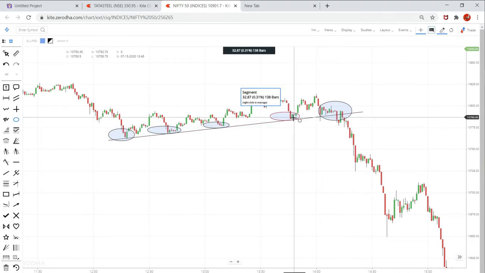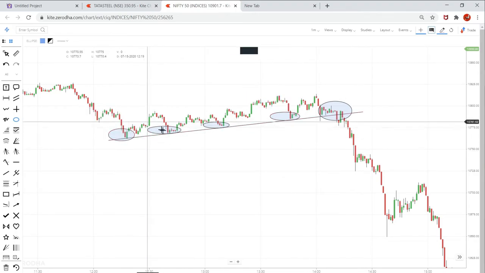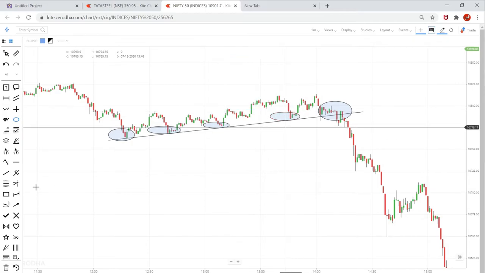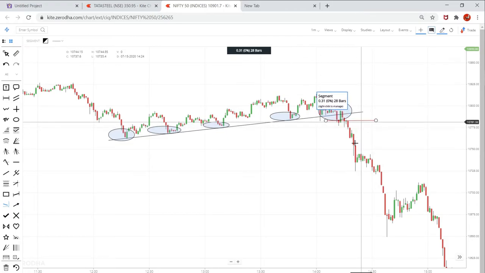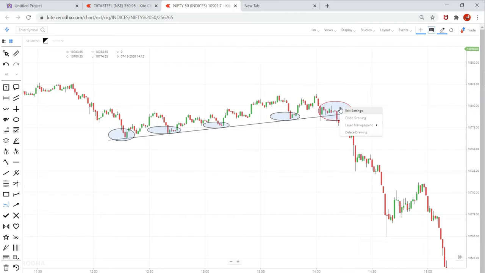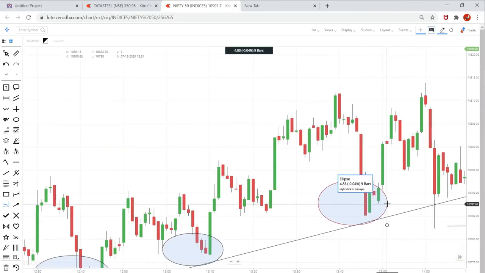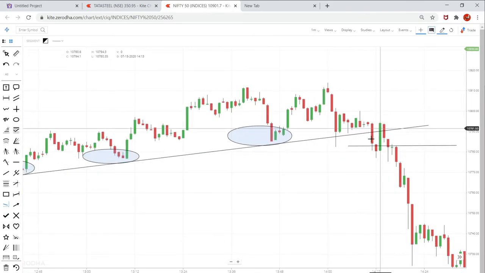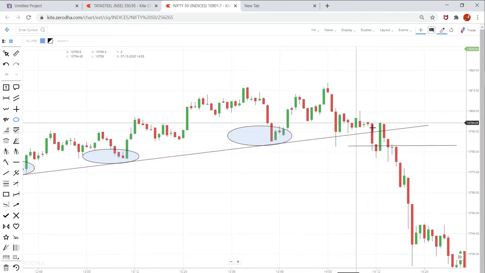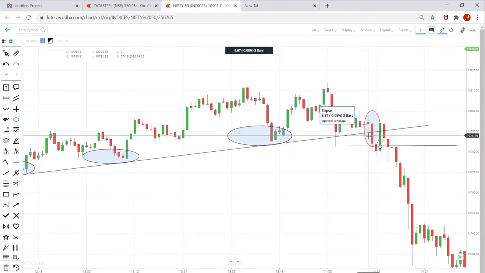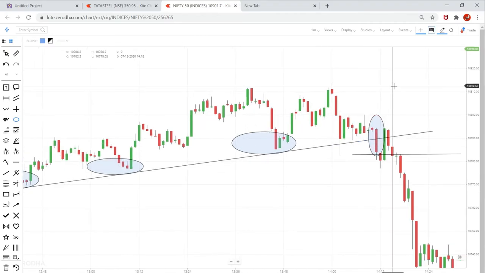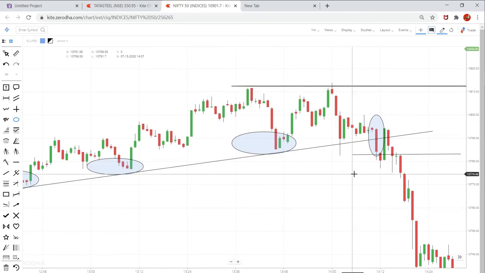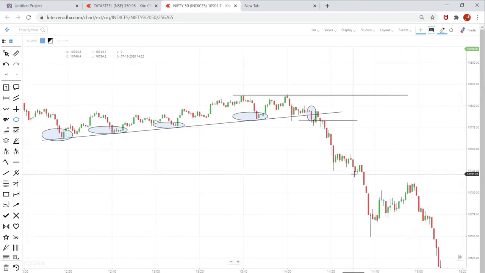So how do you trade this? You wait for price action, and you wait for price to break this level, and once it broke this level, you have to sell at this level where the candle low is broken. So if I mark this candle where it broke this, at this candle low you have to sell the Nifty 50, and this high should be the stop loss. This is how to trade in Nifty strategy.